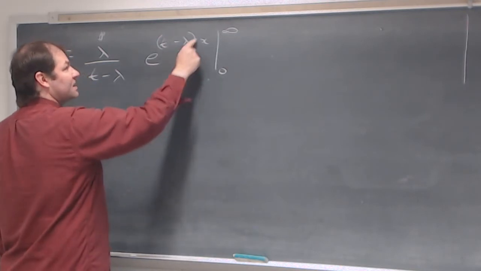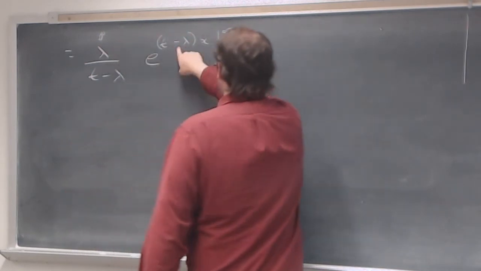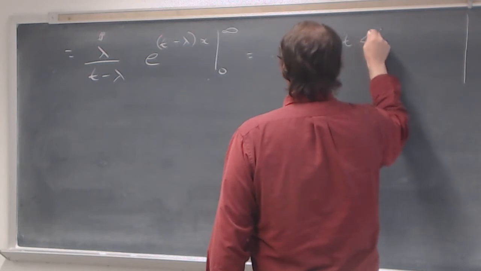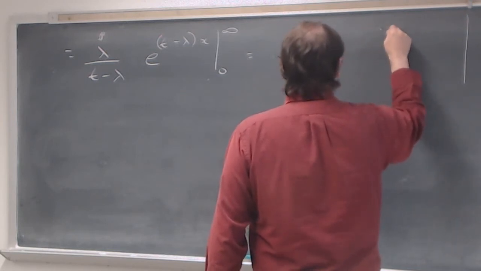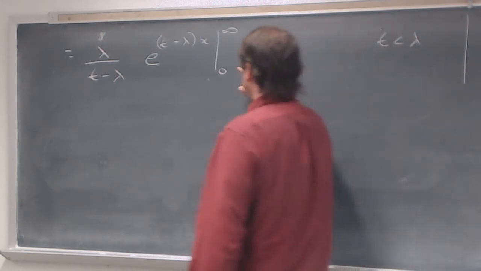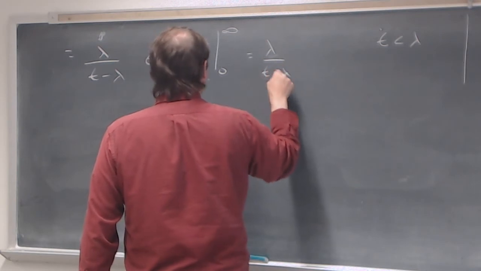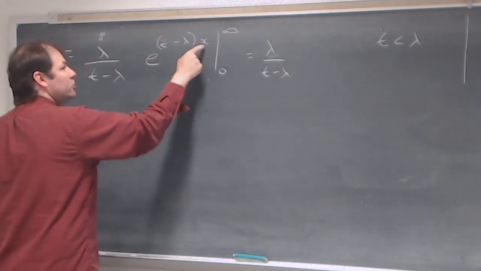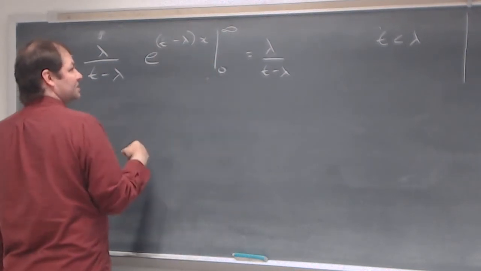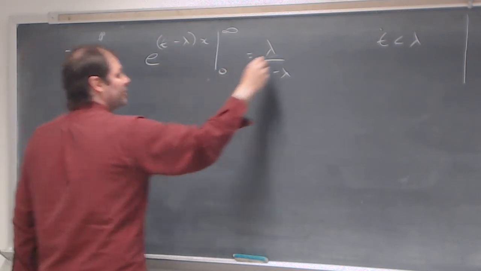So what we need to have is that this part needs to be negative. And when that happens is when t is less than lambda. So over here to the side, I'll say t has to be less than lambda, so that we have convergence. We have lambda over (t minus lambda). When I stick in bigger and bigger positive numbers and multiply by a negative number, that's what happens when t is less than lambda. Then this part goes to 0,